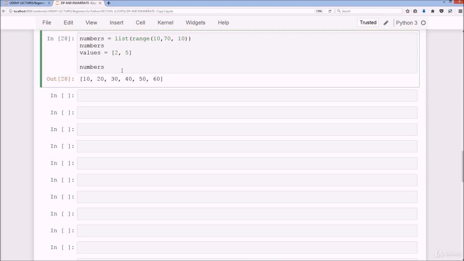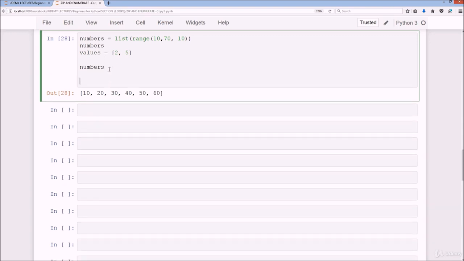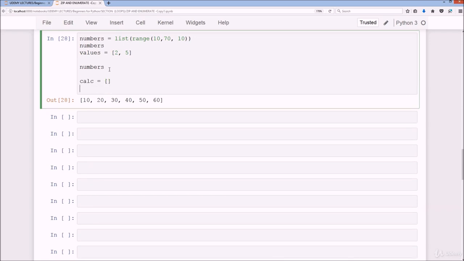That's somewhat tricky, and if we were to just do it the basic way that we did before with the previous logic, let's say we have calc equals, and we do, let's say, n in, let's see, range, let's do range len